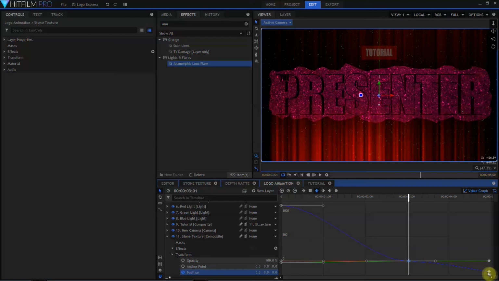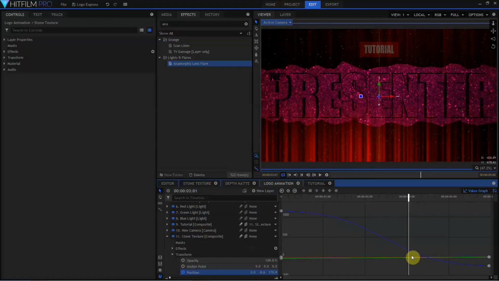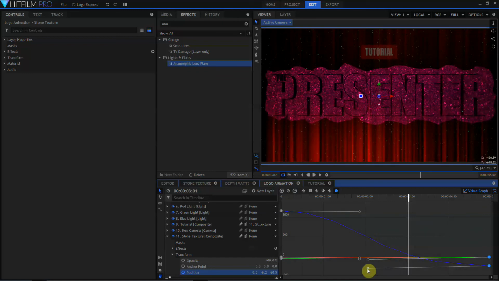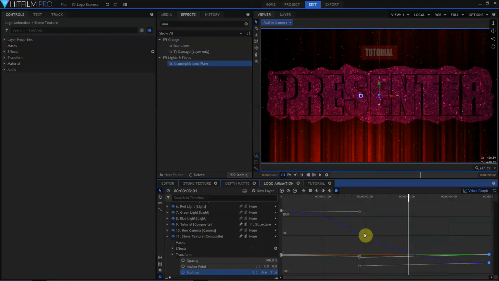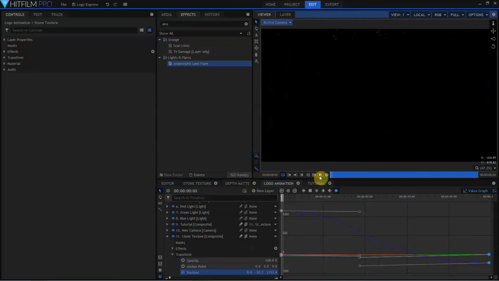I've gone to the end of the animation, created one more keyframe, and I'm going to select the first and last keyframes and change their interpolation mode to manual Bezier. Then I'll click the keyframe at 3 seconds and delete it. And adjust the manual Bezier curves so that the logo hits the same point at 3 seconds that it did with the initial animation. And when we play this back,